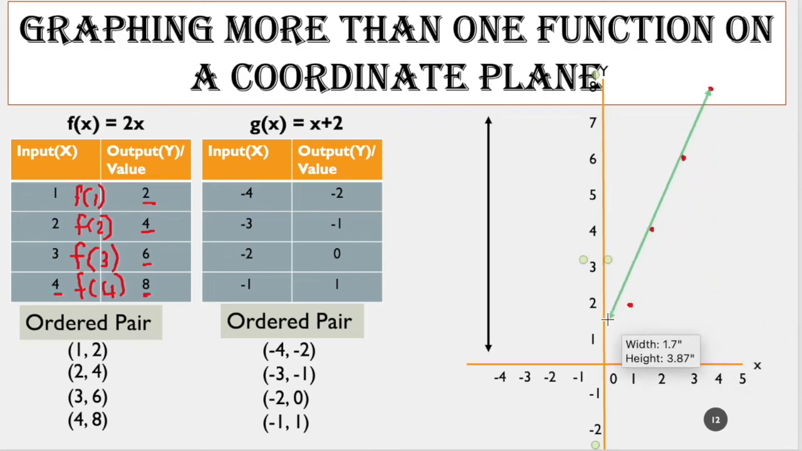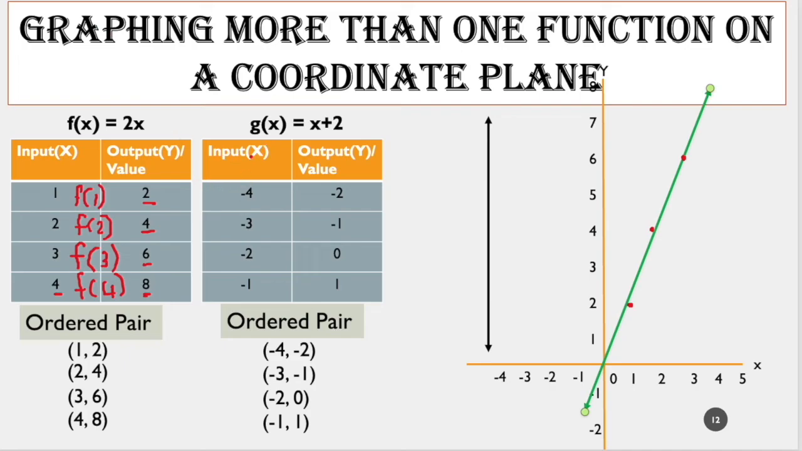Let's connect these. And we get a straight line. Now let's represent the second function on our graph. So for the second function, g of x equals x plus 2,